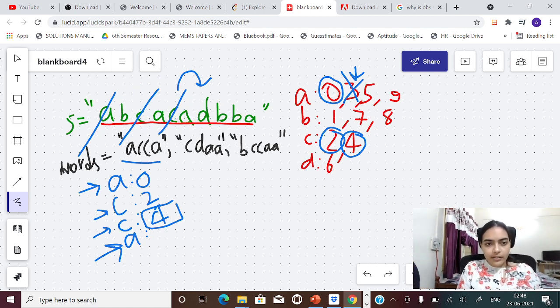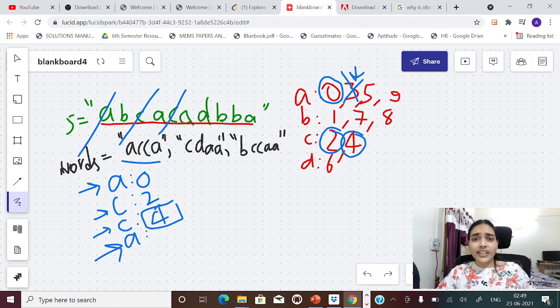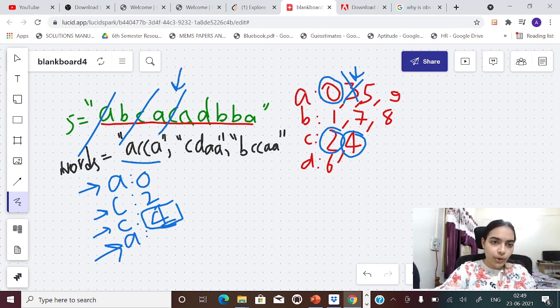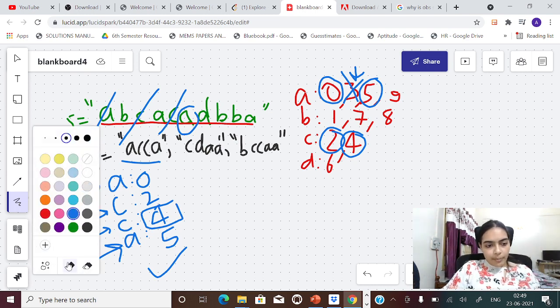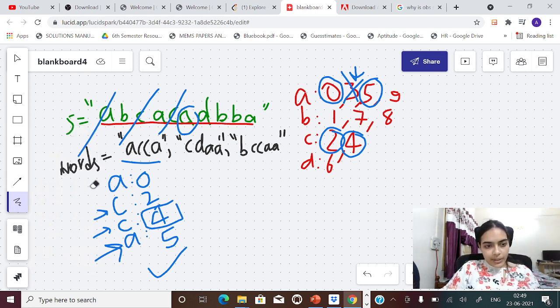I hope that is giving a little bit of clarity. So you have to take positions after the current position. The current position is 4, right? You have to check here only. You cannot check backwards, because it has to be in order. So you have to take this particular A, so you will take position 5. So we have found that all of them have occurrences, so we will say that it is a subsequence. Now we will take one more example to understand this better, and then we will build a logic.